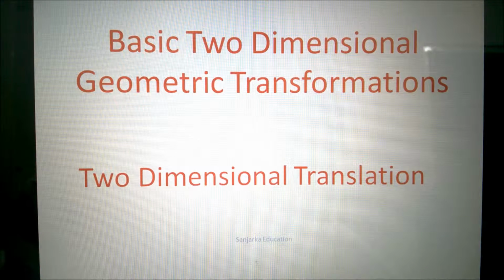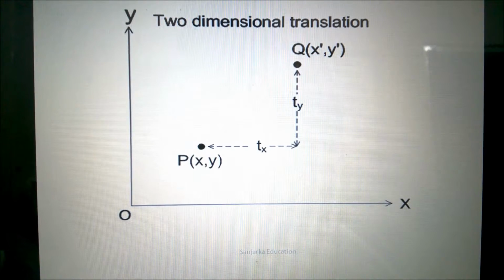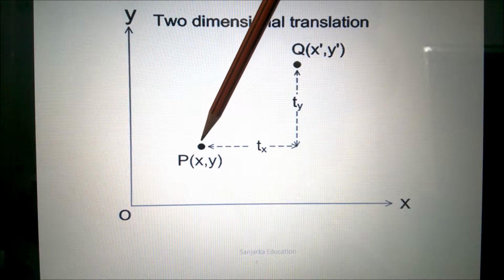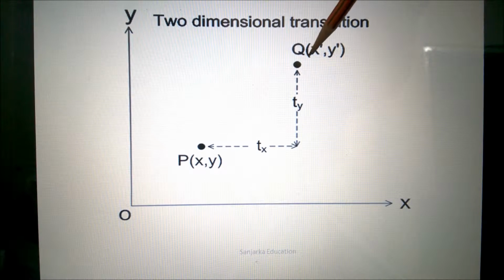We will discuss the basic two-dimensional geometric transformations. In that, first comes two-dimensional translation. Therefore, we are going to discuss two-dimensional translation. Now you can see in that figure a point P has been displaced, or you can say it's moved to